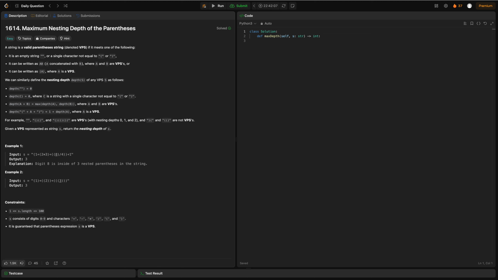So here it says a string is a valid parentheses string, also VPS, if it meets one of the following: it's an empty string, or a single character not equal to opening or closing of a parenthesis. It can be written as... okay, these are basically just, I guess, anything. It just has to be between the parentheses. And here, for example,